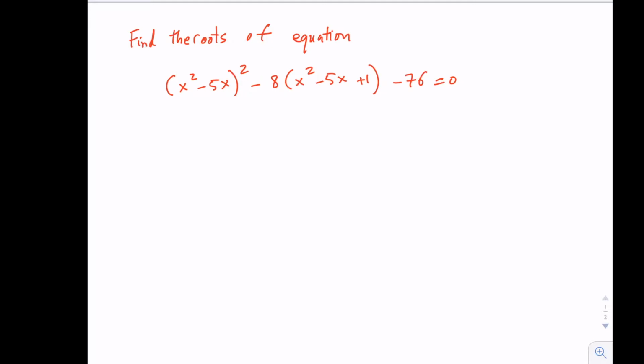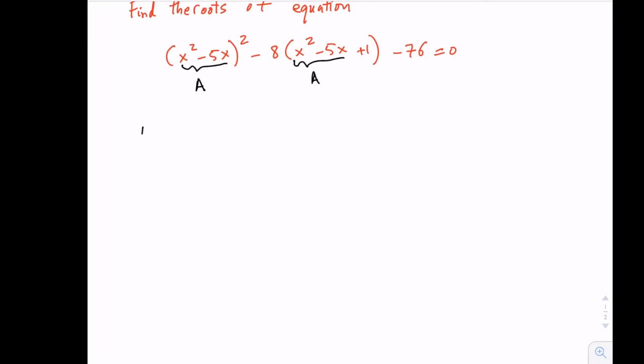So at first glance, this equation looks like a fourth order equation, but with a little bit of changing variables, we can turn it into a simpler second order equation. We can see that the term x squared minus 5x is repeated both in this parenthesis and this parenthesis. So if we call this a, the equation will turn into a squared minus 8a